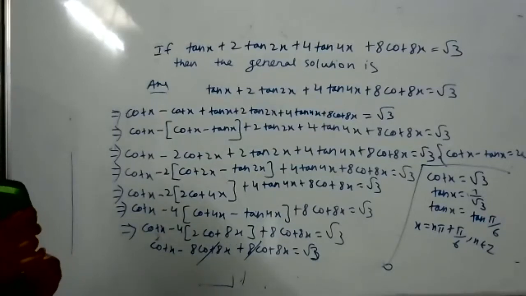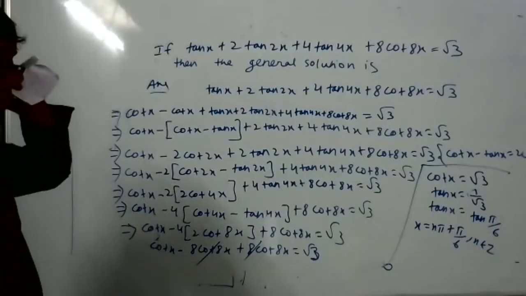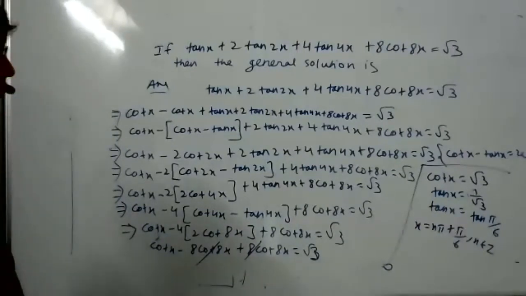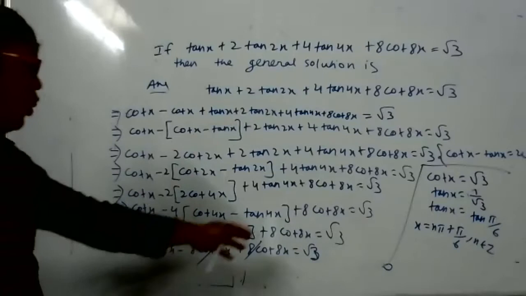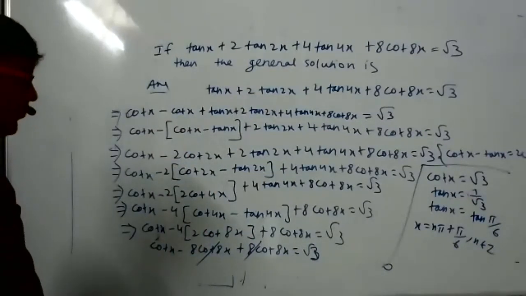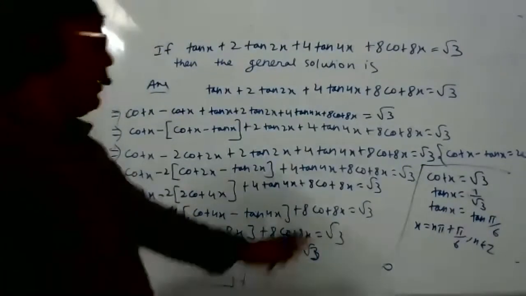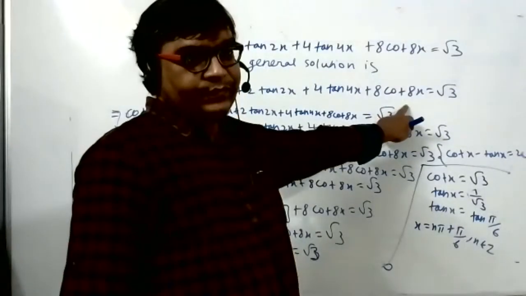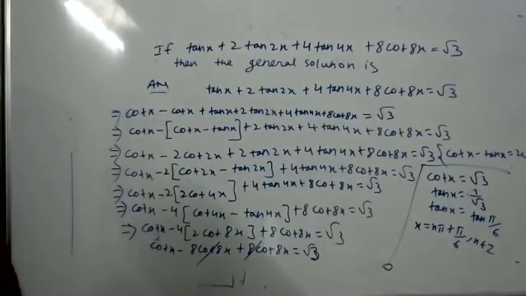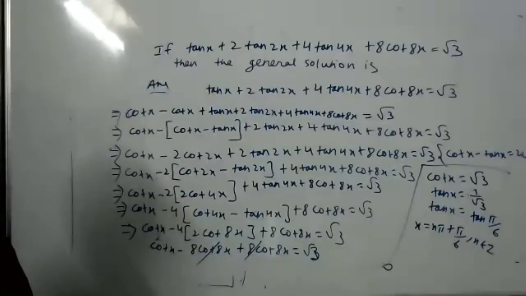Sir, I did it in a different way. Like I substituted the formula cot x minus tan x in 8 cot 8x. So are you getting the same answer? Yes, sir. I think you worked in opposite order. No, sir. Like I used the formula which you had just given us. Cot x minus tan x is equal to 2 cot 2x. In the beginning, did you add and subtract something? No, sir. Okay. That way also we can do. But other people do this way only. What he's saying is correct. Okay, sir.